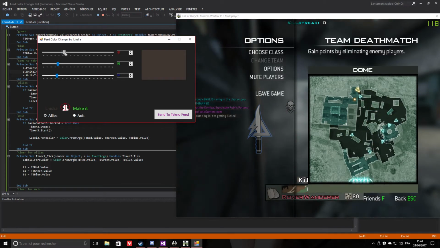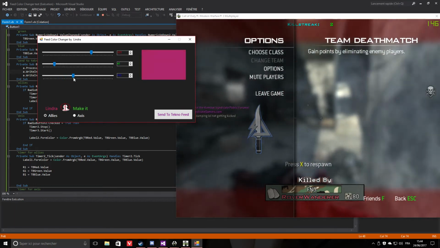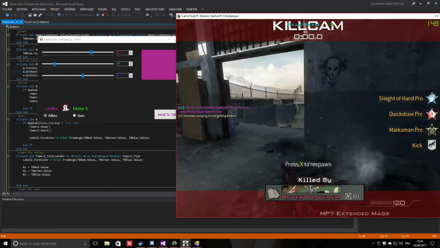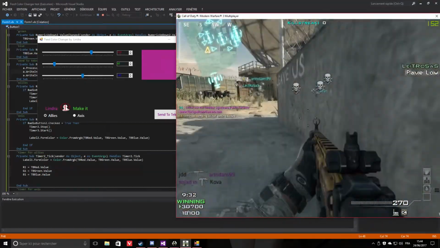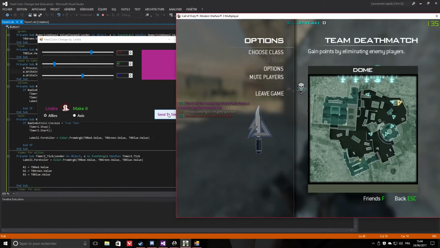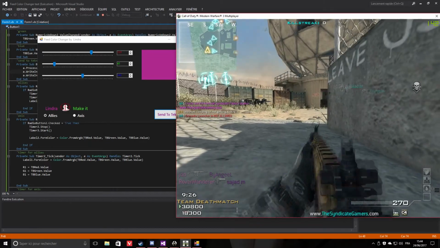So I can't do anything for that. I don't know how it really works, like why the color doesn't want to be the same. I can't change anything, and if you change it and send to Technofeed, you will be able to see that there is